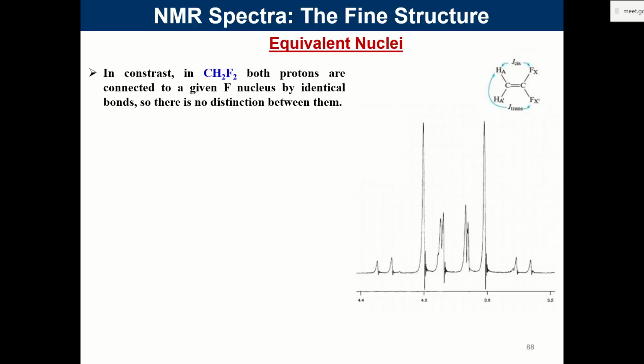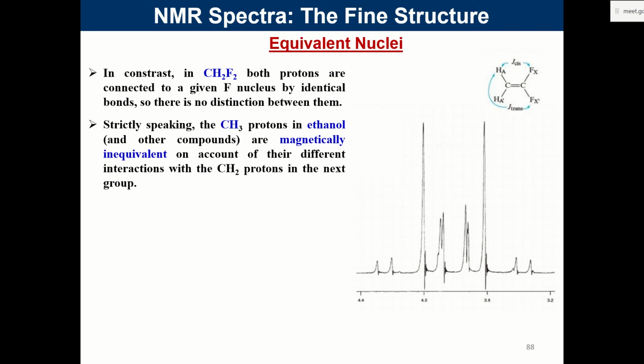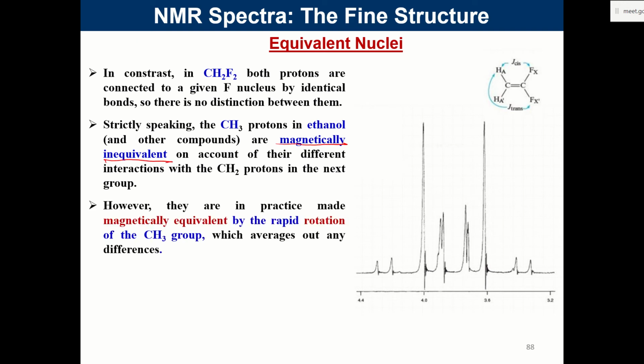So it is the averaging out effect that we see. Strictly speaking, they are thought to be inequivalent on account of their interactions with the CH2 protons, but they are undergoing rapid rotation, and so